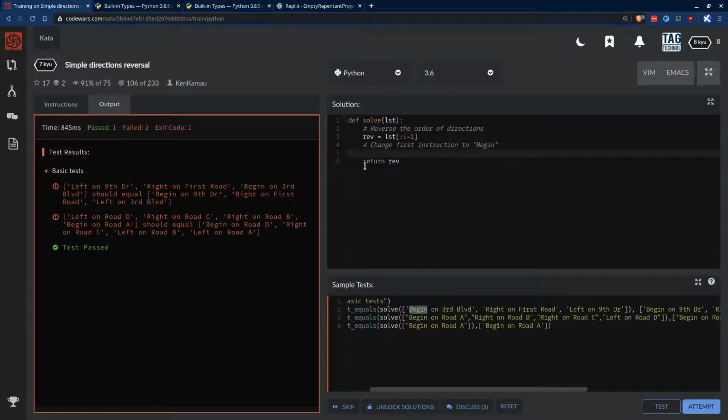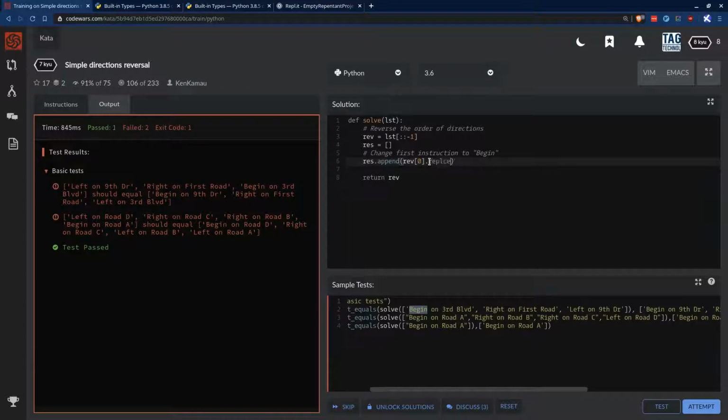What I prefer to do, I don't like messing with lists in place because I think it's messy. So instead, what I'm going to do is create a new list called res, or result, and make it an empty list here. And we can do this to start. So for example, res.append, this is kind of cool. The first instruction from the reverse list,